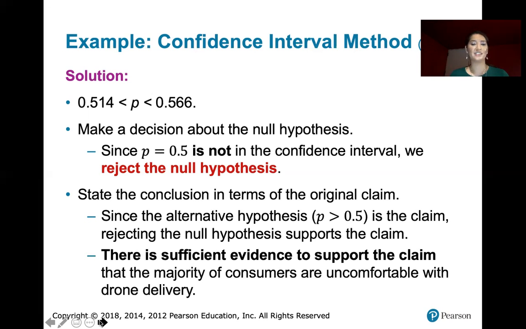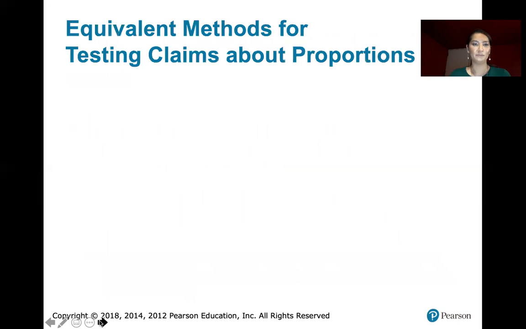So one way that we could state this is that there is sufficient evidence to support the claim that the majority of consumers are uncomfortable with drone delivery. So that's how we would do that test. But again, review how to come up with that confidence interval if you need to, using the materials from lesson 7.1. Okay, so now let's talk about equivalent methods for testing claims about proportions,